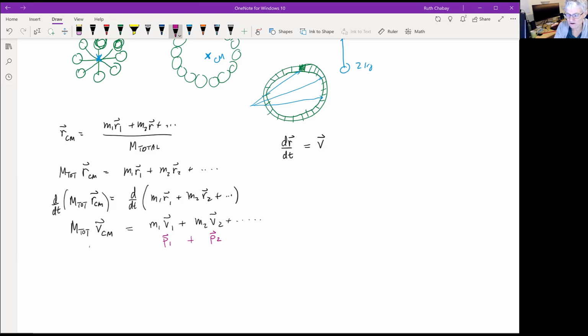So it looks like this is the total momentum of the system